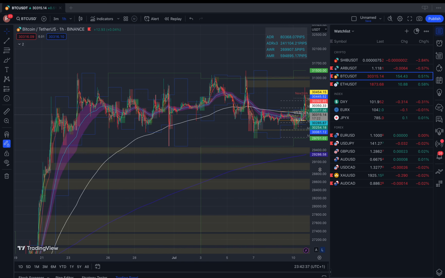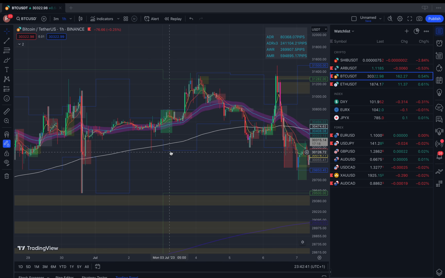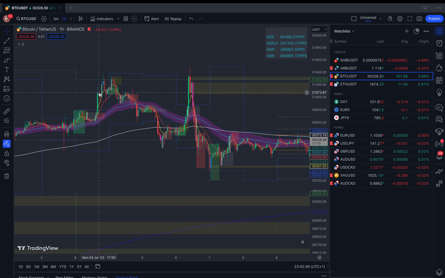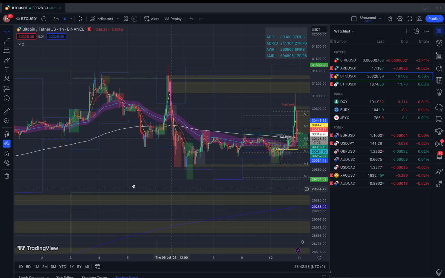But as you can see here, it literally just boop. I was actually looking to long here, I remember, but I didn't get that. I was waiting for this tap and I didn't get it, because look how fast it was, and look what happened, bumped. And I also use M's and V's. That's another thing I forgot about. So this is an M formation. That would have been a great short setup. Obviously I didn't get it.